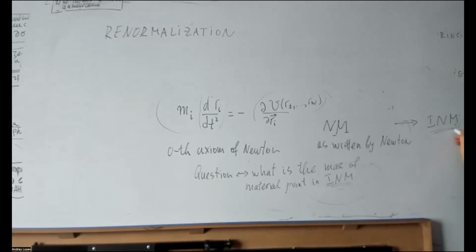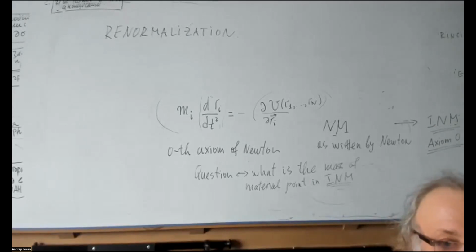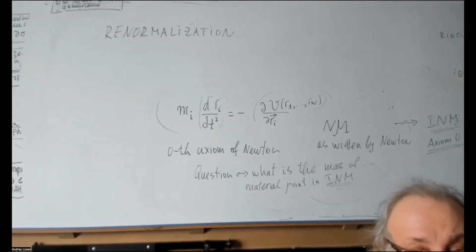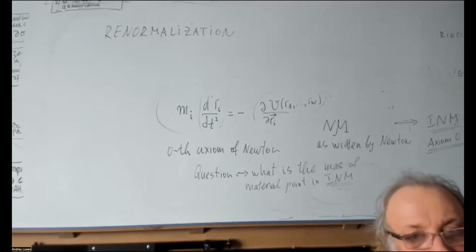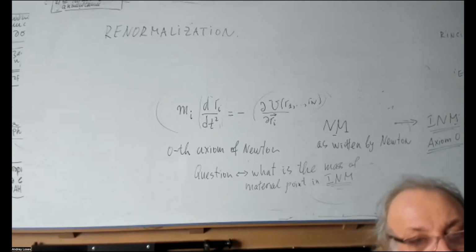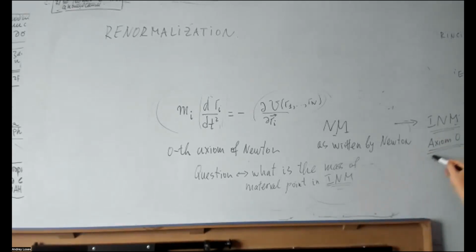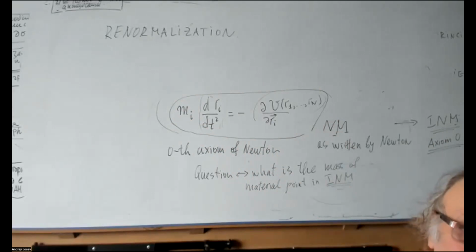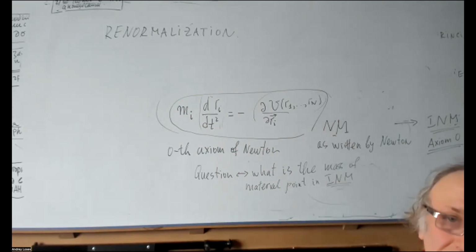In improved Newtonian mechanics, the main thing is to introduce axiom 0. So improved Newtonian mechanics is about material particles. It's not about bodies. And then you can answer most of the questions of self-consistency. Improved Newtonian mechanics is described by this equation, only one equation of improved Newtonian mechanics. Not three laws. Only one